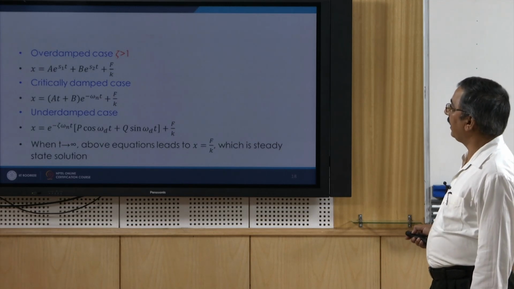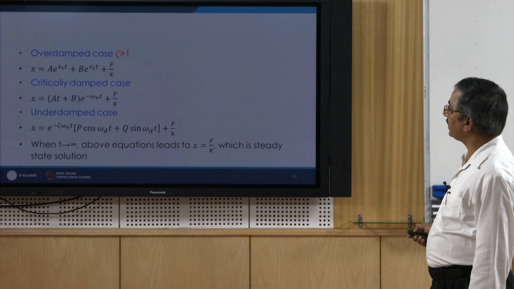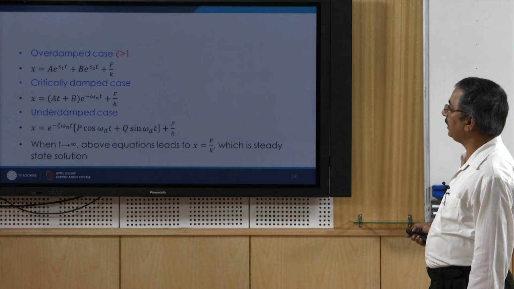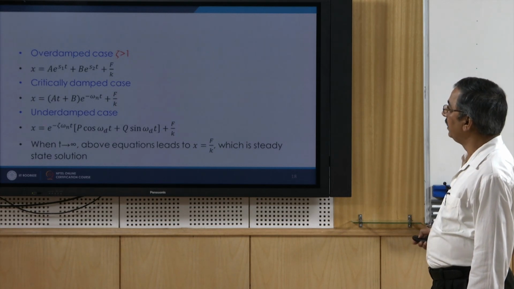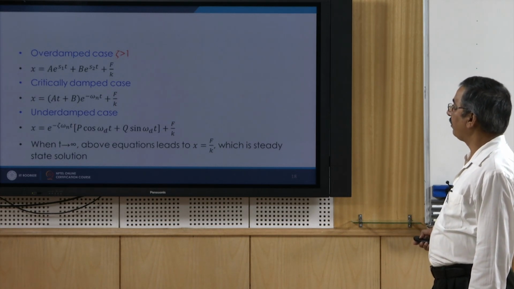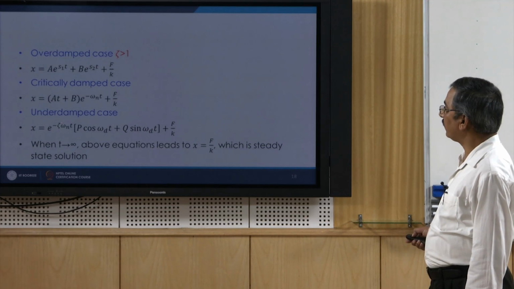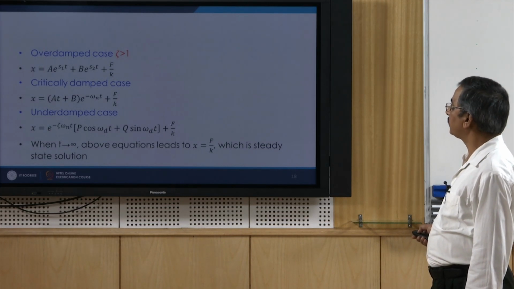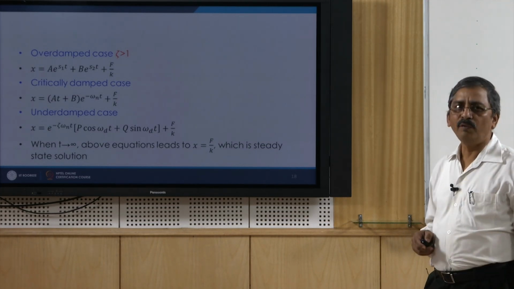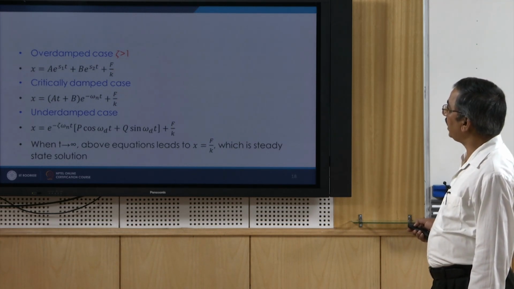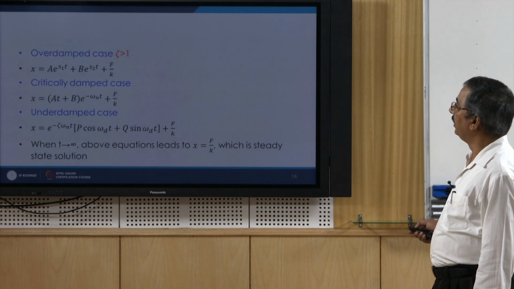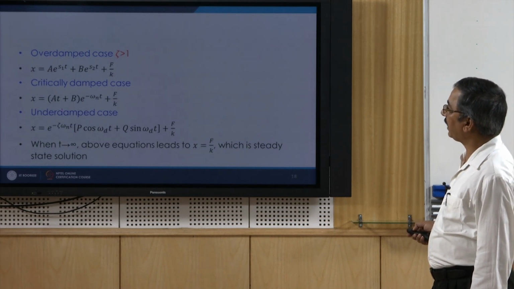Okay. Similarly, for the critically damped case we have this solution, as we have seen, for the transient part, and this is for the forcing part, and similarly for the underdamped case this solution is for the transient one and this is for the forcing one. Okay. And now by seeing these three equations 1, 2 and 3, that is the equation for the overdamped case,